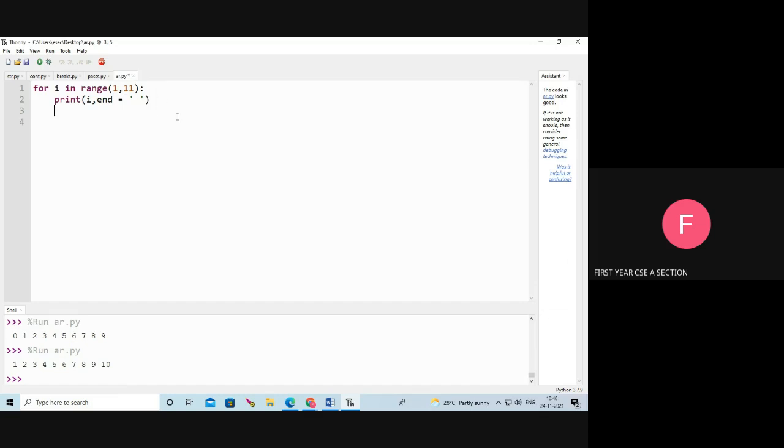I am changing this for loop into a while loop. Here I am initializing i equal to 1.